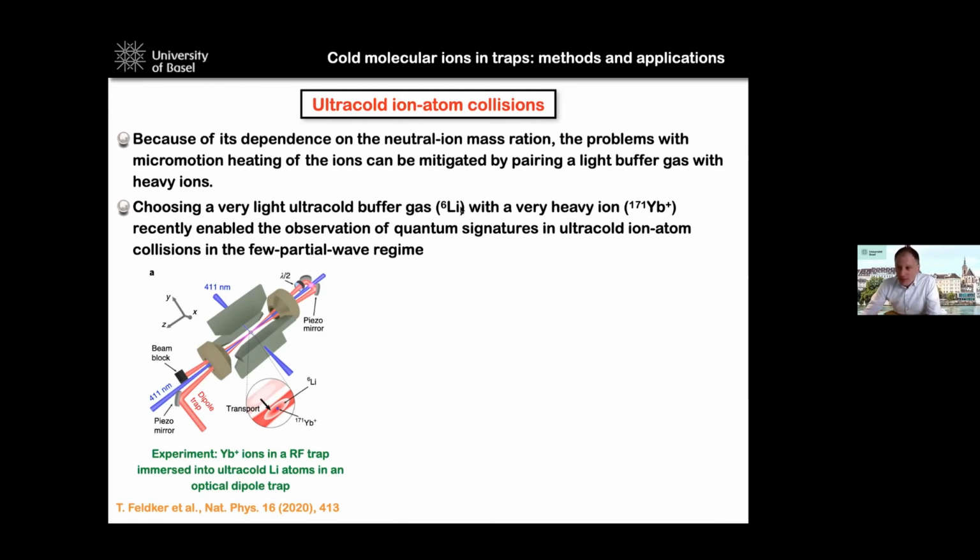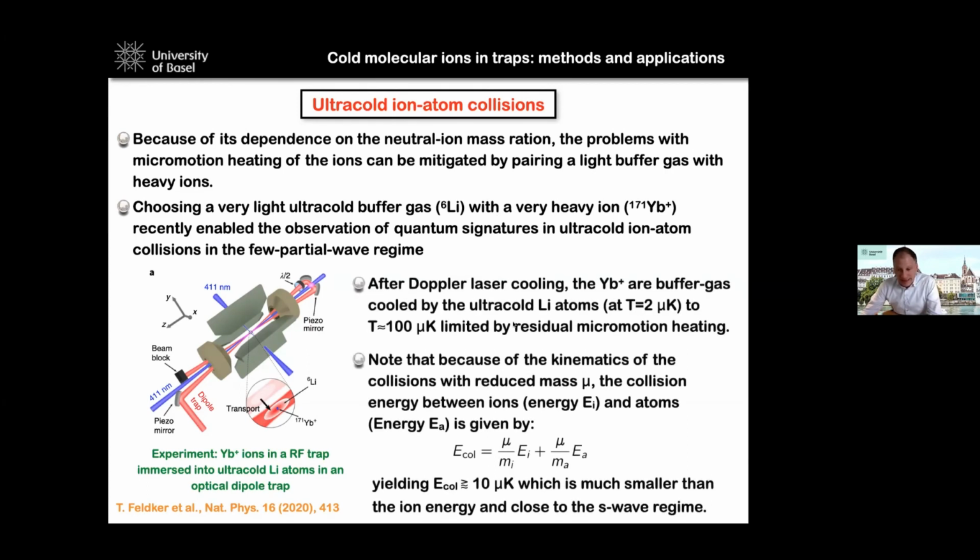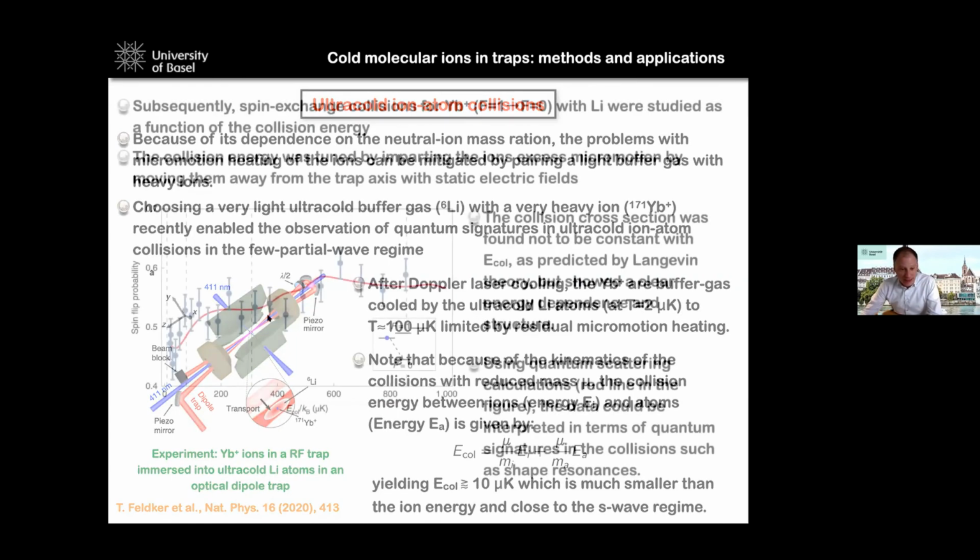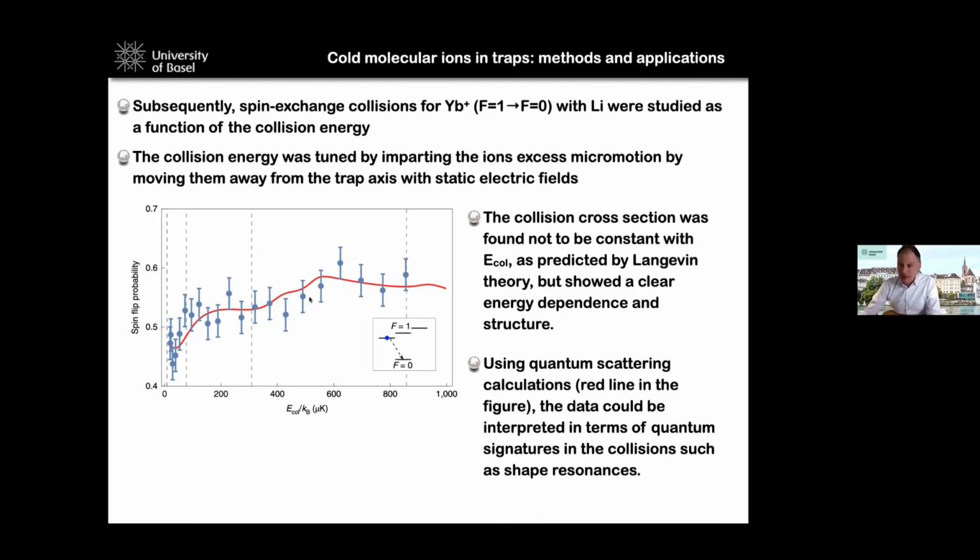One big obstacle for reaching this regime was exactly this micromotion. So they implemented an experiment with a very light buffer gas and a very heavy ion, where these problems are minimized. By doing so, they achieved exactly that. To the best of my knowledge, this was the first experiment where they could see an ion-atom collision process close to the single partial wave regime,